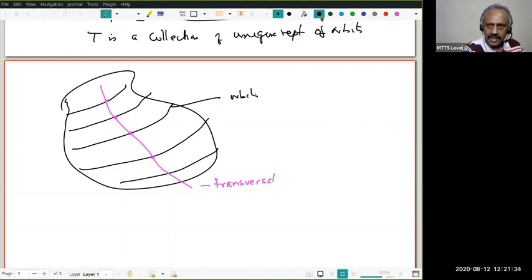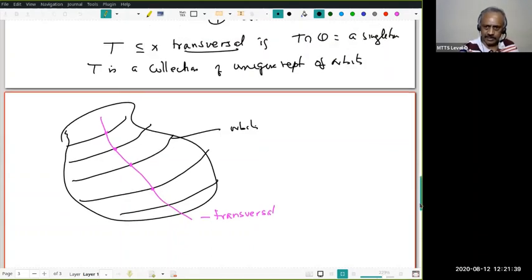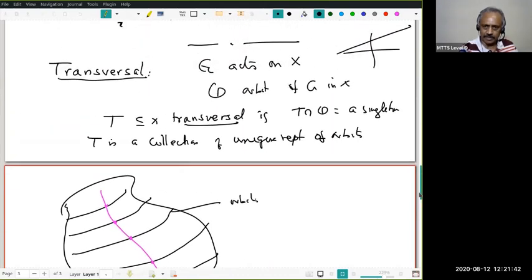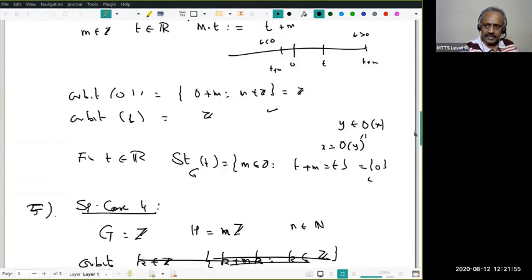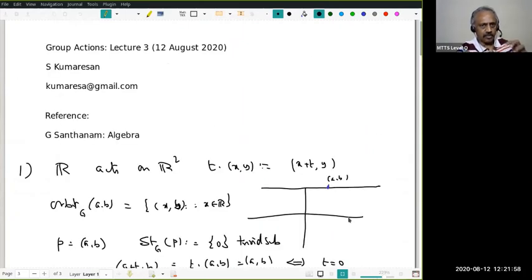The basic idea here is, see, you can always choose a representative by the axiom of choice if necessary. If it's a finite collection, you don't have to worry about it. If there are an infinite number of orbits, choosing exactly one element from each orbit may require the axiom of choice. Anyway, it will exist. But the point is, in some cases where there is a lot more structure, either algebraic or geometric or topological, I can choose representatives in such a way that the transversal gives me a lot of intuition.